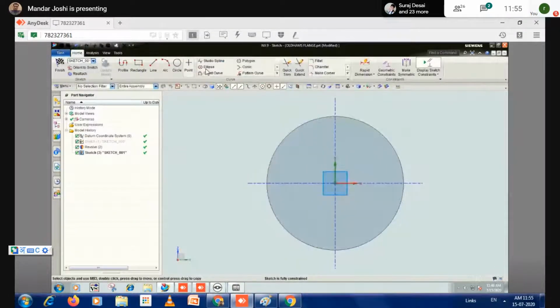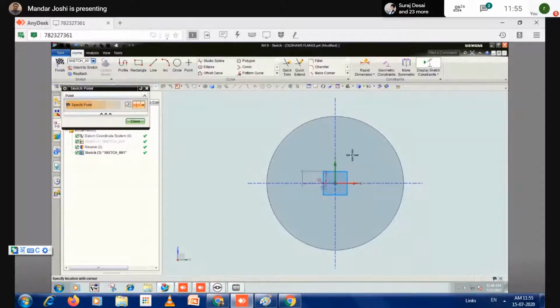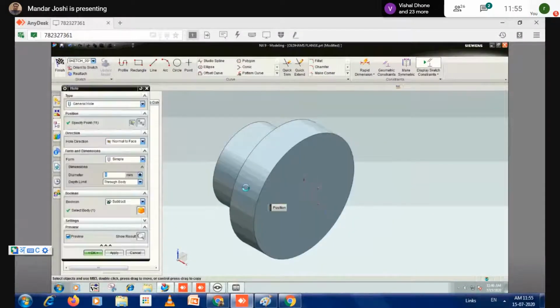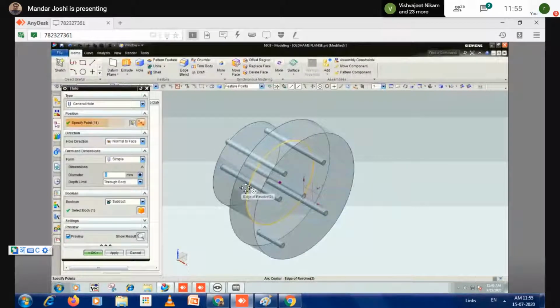Just click on this point, at a random location, you can plot the points, which is a similar kind of pattern. So this facility is not present in other software. Within the single hole command only, you can plot multiple holes. Okay, but that is not a good practice. So how many holes are there right now? Can anybody tell how many holes are there? 11. So how to delete the others?